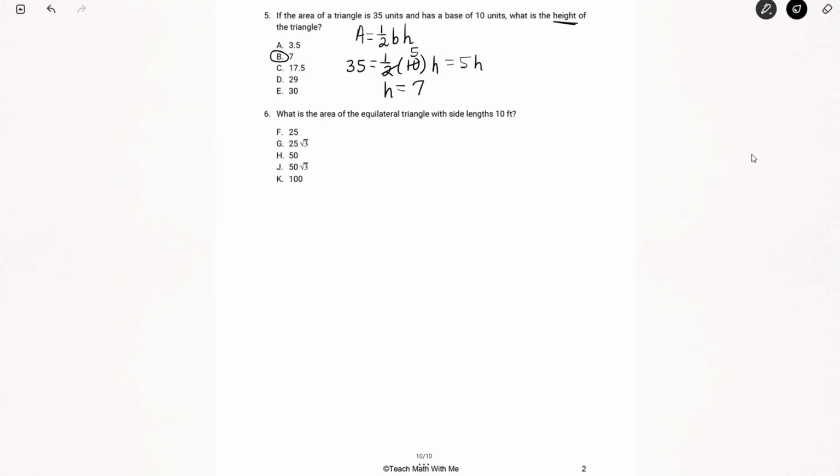Number 6, what is the area of the equilateral triangle with side lengths of 10 feet? So knowing that this is an equilateral triangle, we know that it has 3 sides of the same length, 10 by 10 by 10. Okay, but we need to remind ourselves the area of a triangle, again, is 1/2 base times height. I'll draw a larger version of that triangle. When I'm looking at my 10, 10, 10 triangle, I know a base is 10, my base length,